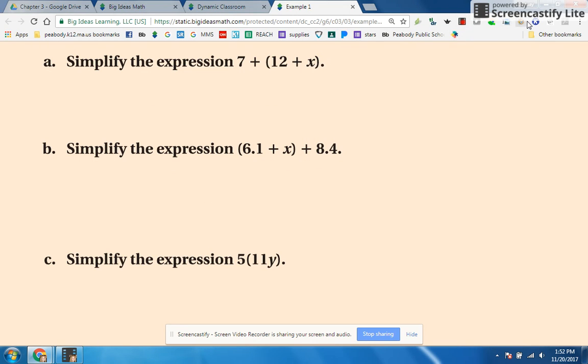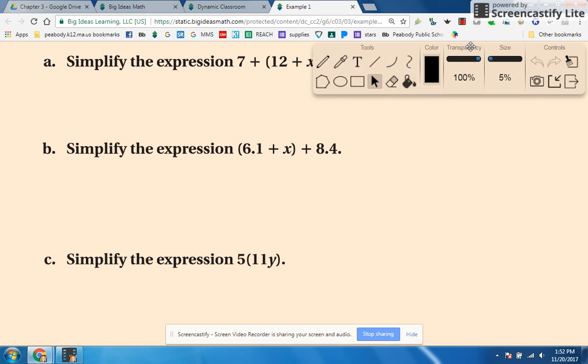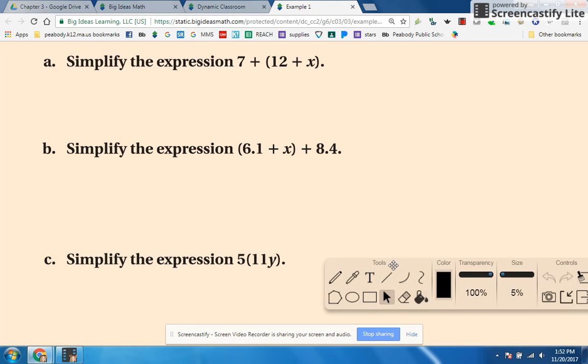So let's take a look at some examples of these. What we're doing right now is we're using properties. Basically, you do this in your head. I'm going to write it out to show you for a couple, but the rest you're basically going to do in your head. So this is showing parentheses grouped around 12 plus x. We just learned that the associative property says that you can regroup and get the same answer